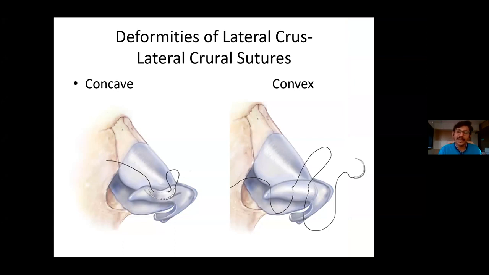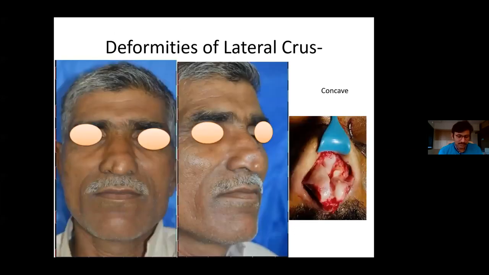At times, the lateral crus can be concave or convex, that may give rise to a prominent nasal crease over here. So here is a gentleman who came in old age of his life, but that is because of weakening of the cartilaginous and the ligamental forces, that he started having a breathing difficulty and the collapse of the lateral nasal wall on deep inspiration. On opening up, as you can see here, his left lateral crus was very badly deformed and concave.